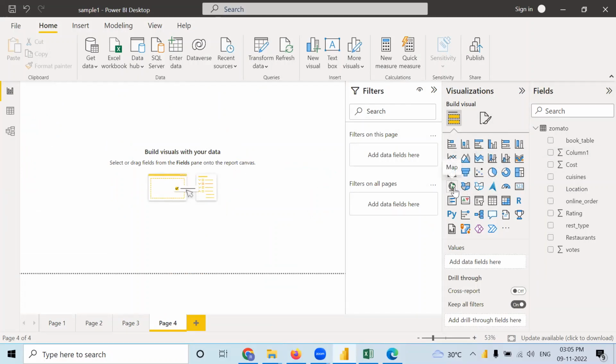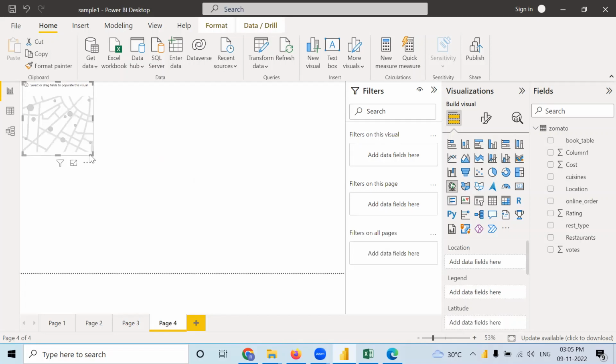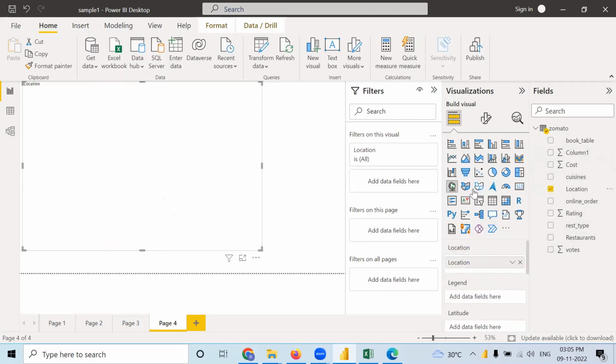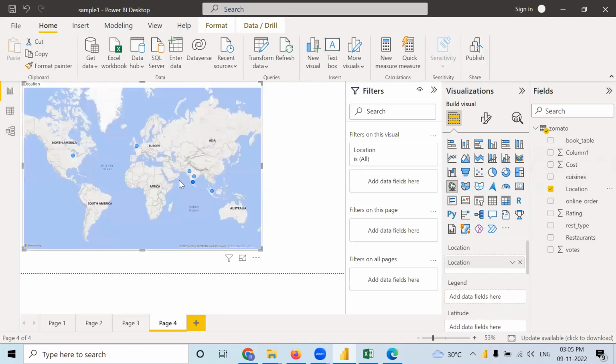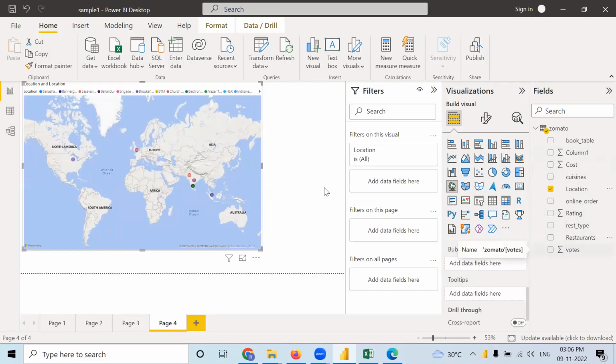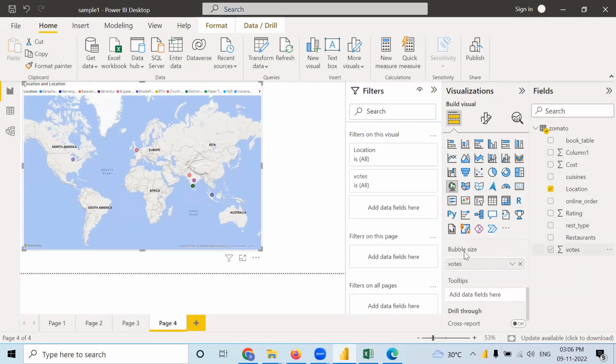One more thing I want to add. In case of a map, where it is location, you can put that over there, then a map will appear. I have chosen this particular visual. If you want different locations in different colors, put this in the legend also. If you want to change the size of bubbles according to votes, put votes in bubble size.